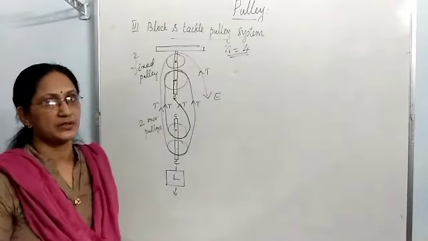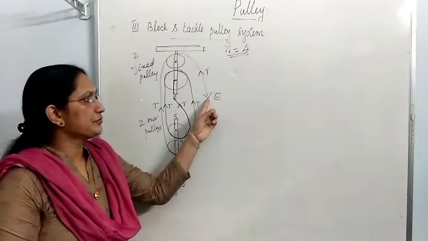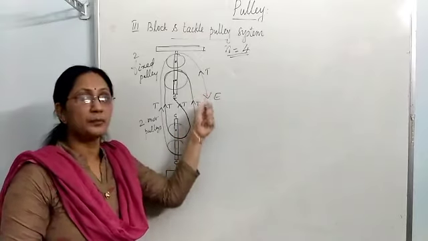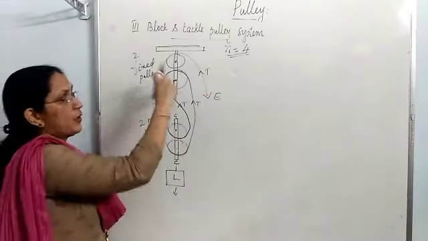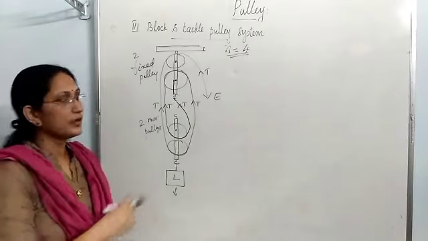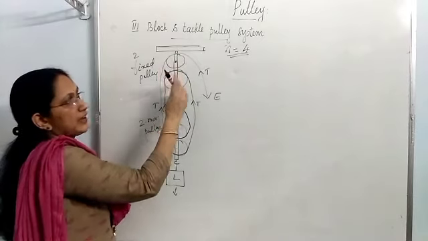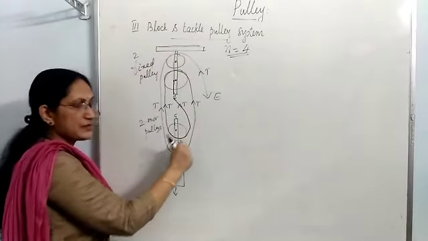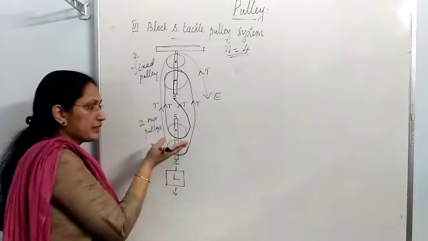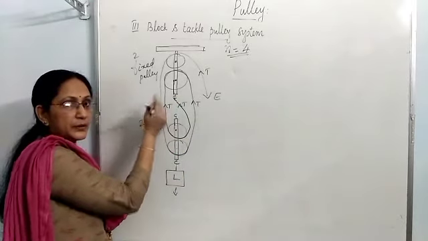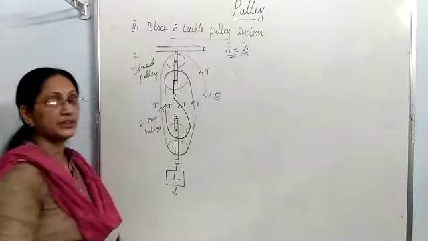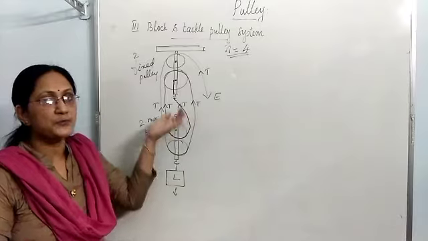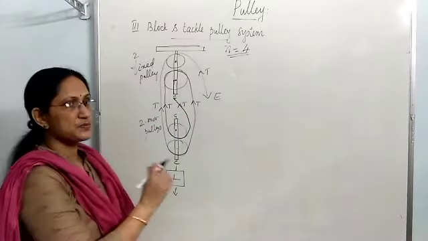Then how to use it? When you apply the effort in the downward direction, you have to pull the rope downward, then you will see all the 4 pulleys rotating. These 2 pulleys will be rotating around a fixed axis. That's why we call them fixed pulleys. These 2 pulleys will be rotating and, at the same time, going up together with the load. So these 2 are movable pulleys. They move up together with the load. So this is what you see.